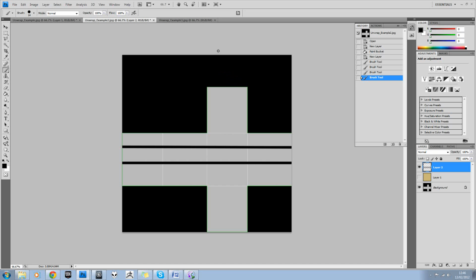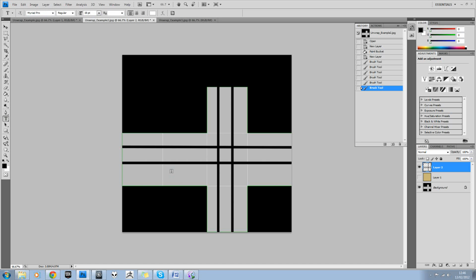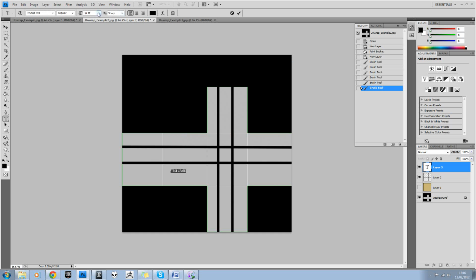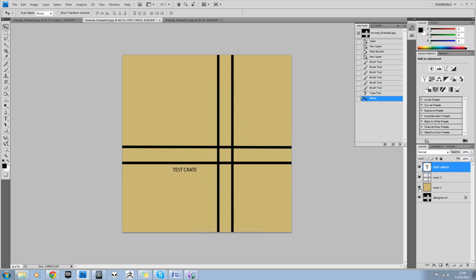I then want you to do the same from the top here and down on here. Then just select the text tool and we'll just call this test crate. I'm going to select all the text, change it to black up here, and change the size of the font. Turn that layer back on,